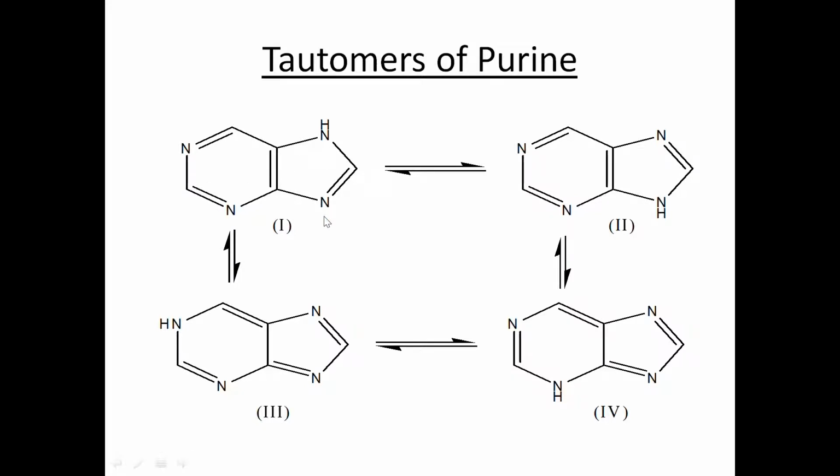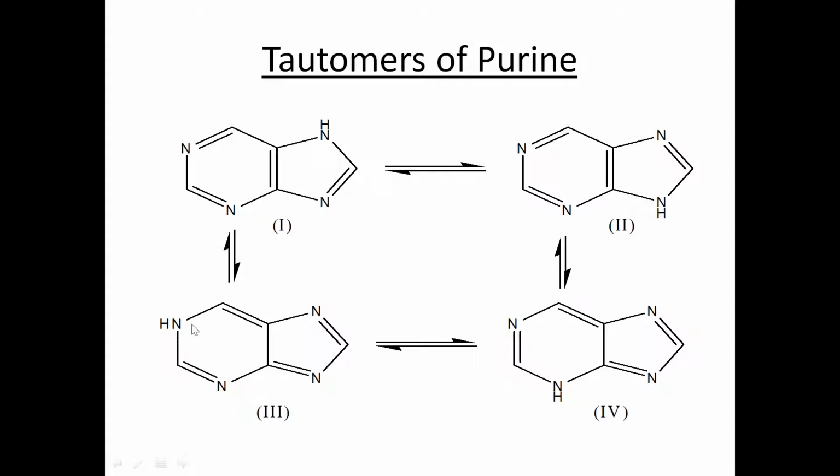We will write down the structure of tautomers by putting the hydrogen atom at each nitrogen one by one. In the first structure, the hydrogen atom is present at the 7th nitrogen. Then you can easily write down the positions of the pi bonds: NH, single bond, double bond, alternating around the ring. So this is the first tautomer. This is the second. Now here the hydrogen is present at the 9th position, so you can place the double bonds accordingly. So this is the second structure.